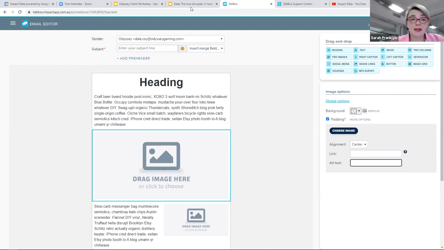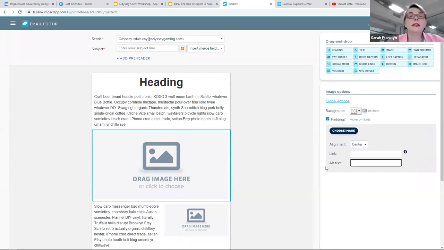So your image alt text shouldn't be something like, you know, steak. It should be juicy steak dinner, $35 on Tuesday. Something like that. So you have about 125 characters to put in that alt text. And it's a really valuable tip that almost nobody does. So I encourage all of my clients to do it every single time. I know it's got a bit of a pain in the bum factor, but the value add of doing all of these little things to make your emails better has a cumulative effect, and they improve the engagement and deliverability of your communications. So hopefully that makes sense, but again, jump in the chat if that doesn't.